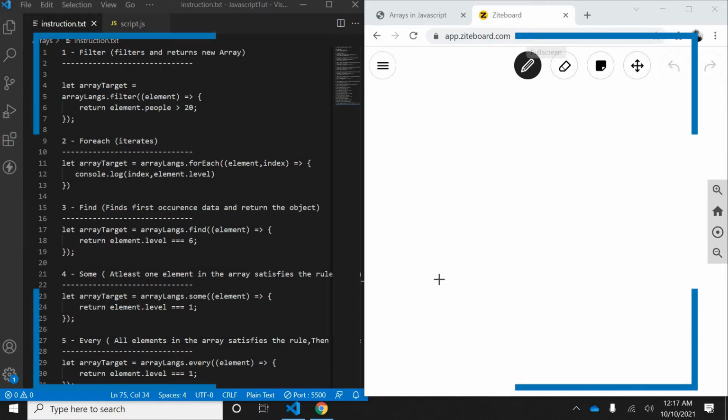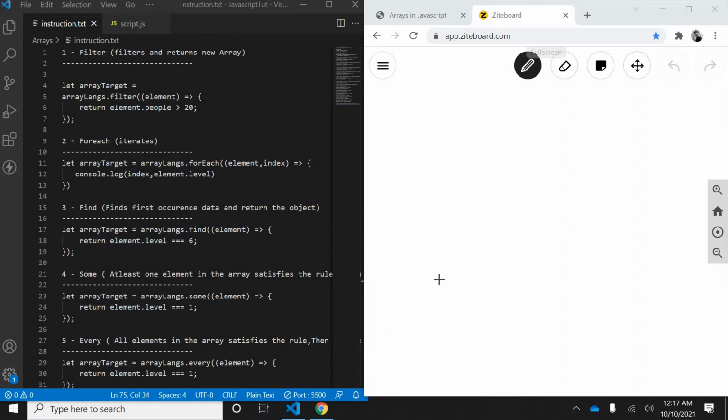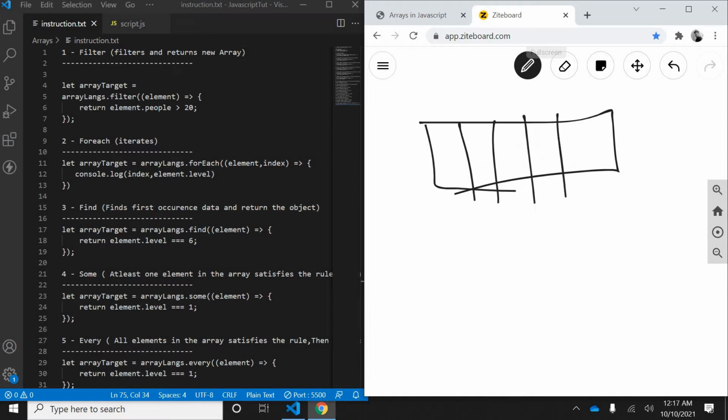So the first function that we are going to see is filter. Filter basically does what it says. Let's say you have a big array, and inside that you have some elements, let's say 1, 9, 7, 6, 11, 21. These are the numbers you have. Now if you want to filter those elements which can be divided by 2, let's say even, right?